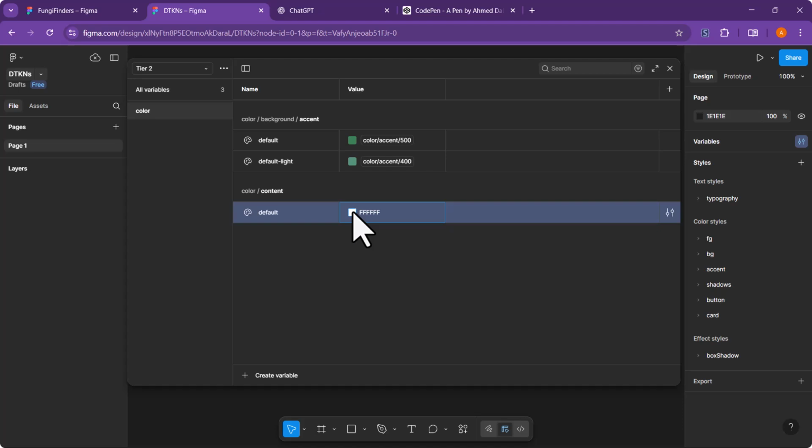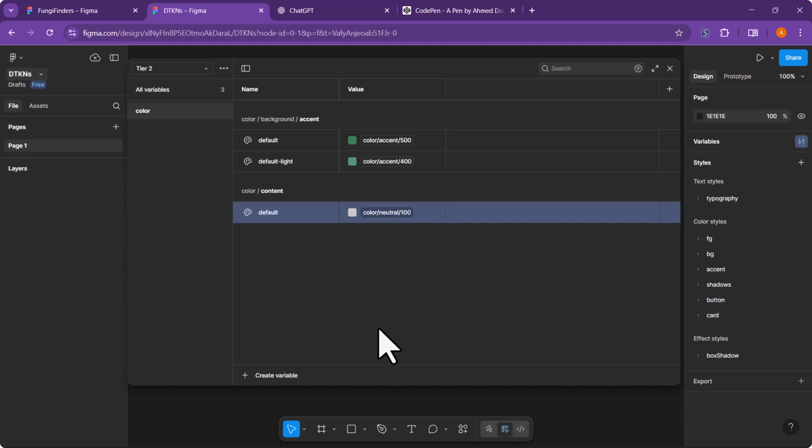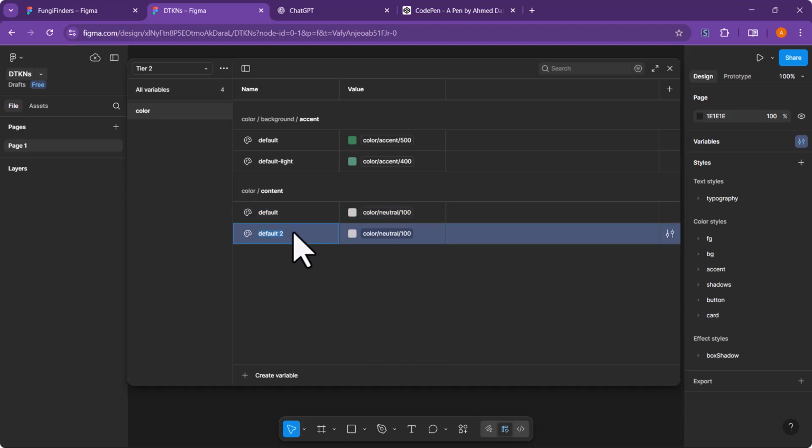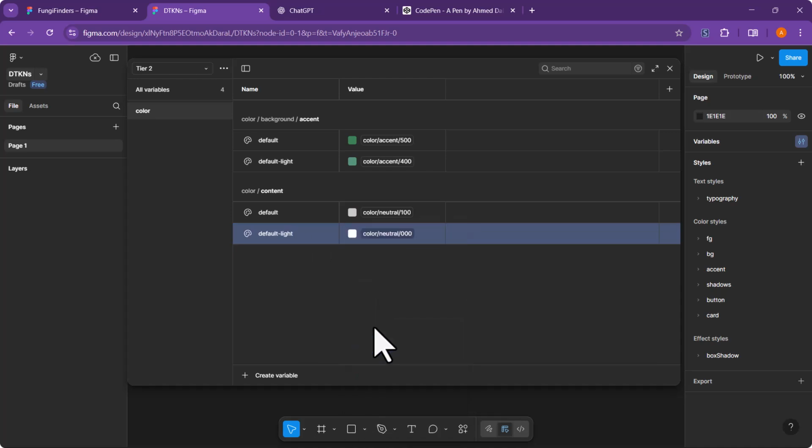Like I said, the default for our content on this website is the gray. This is the default. We now have a light version, or the high contrast version, but I'll just call it light. And I'm going to connect this to our tier 1 primitive. We are done with tier 2.